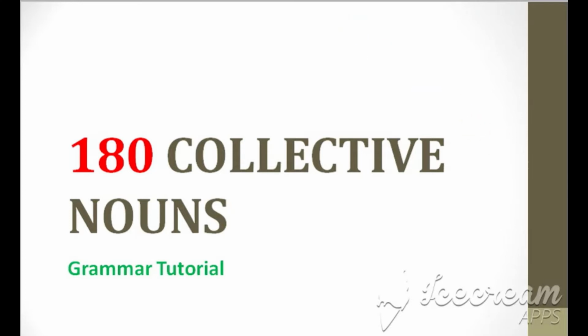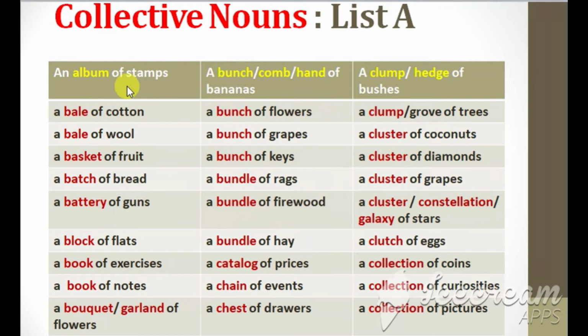So let's get started. An album of stamps, a bale of cotton, a bale of wool, a basket of fruit, a batch of bread, a battery of guns, a block of flats, a book of exercises, a book of notes, a bouquet of flowers or a garland of flowers, a bunch of bananas or a comb of bananas or a